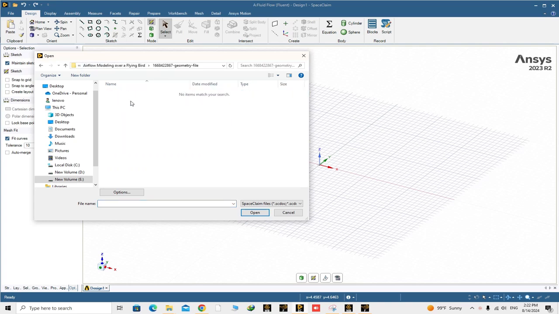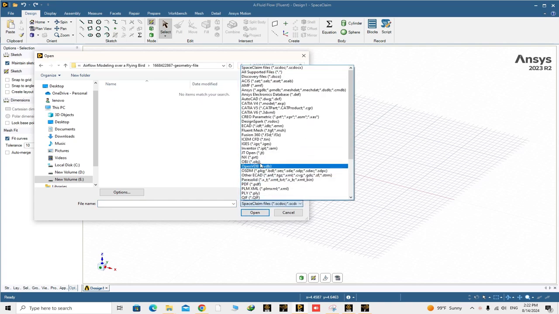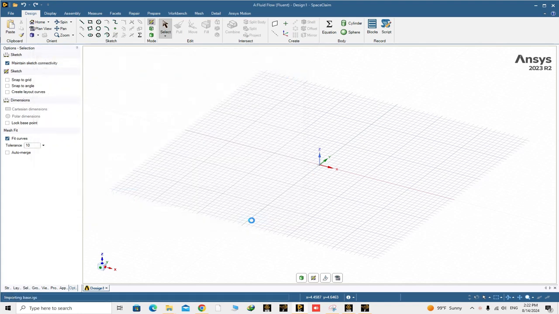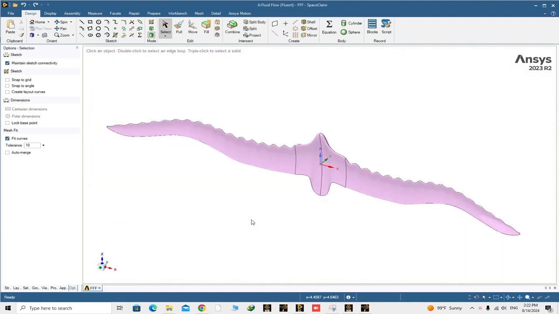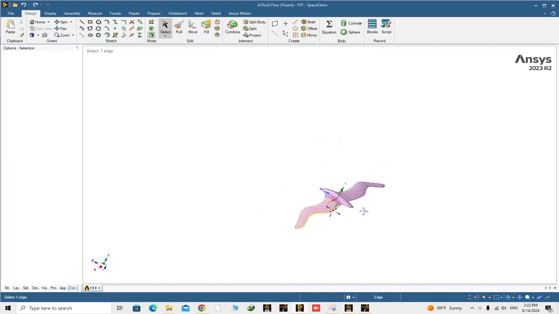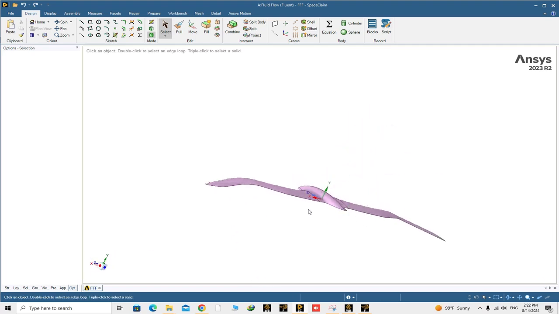And we should choose the geometry file, which is an IGS file. Here it is, the base geometry. Open. So as you see, the solid of the bird is like this, and now it's time to create the